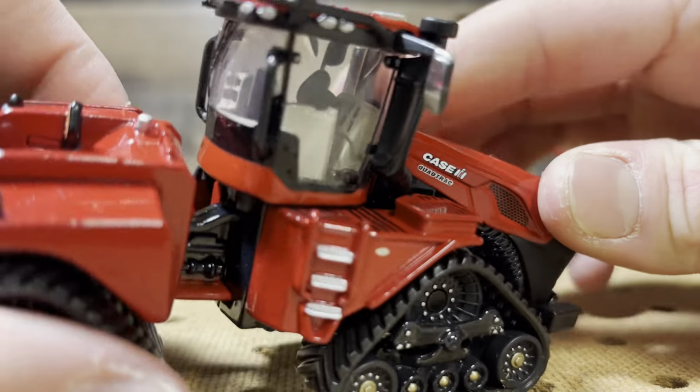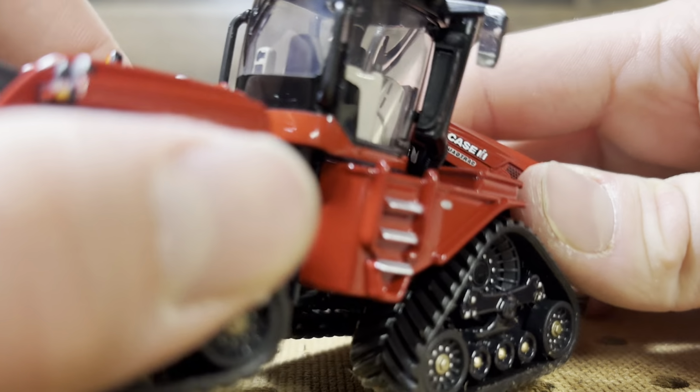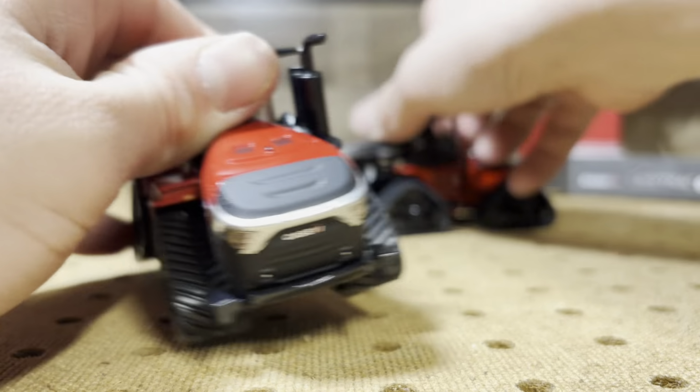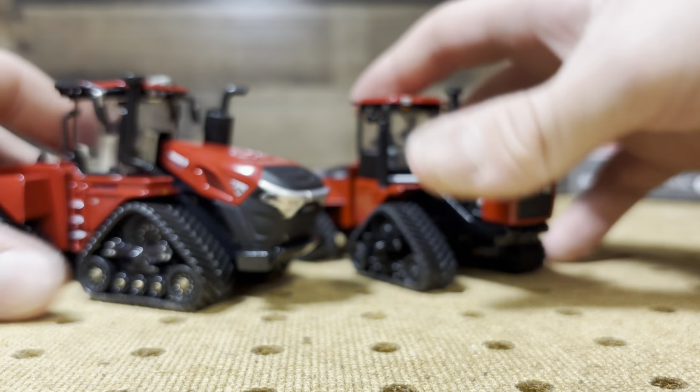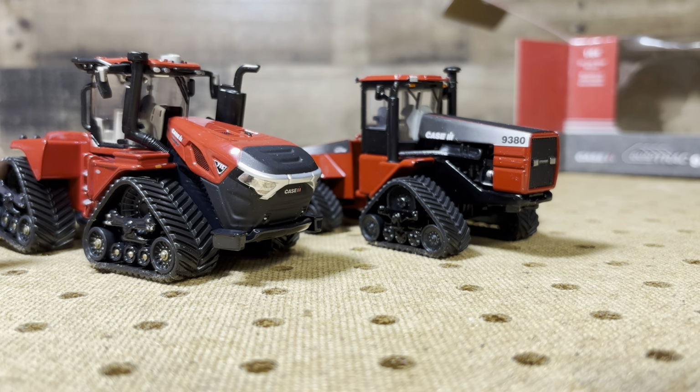Honestly, there's not as much detail in the interior of this one as versus the other one. Still looks really nice though. But get another look at these things side by side. And yeah, I'm super excited to add these to the collection and try to